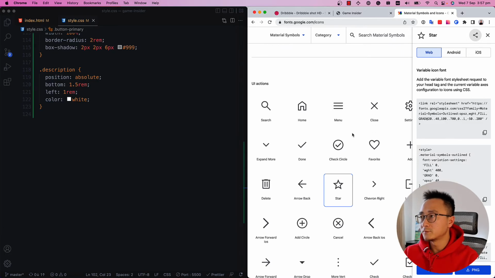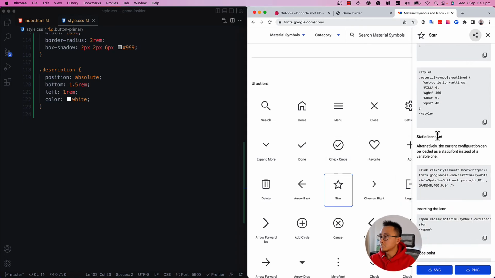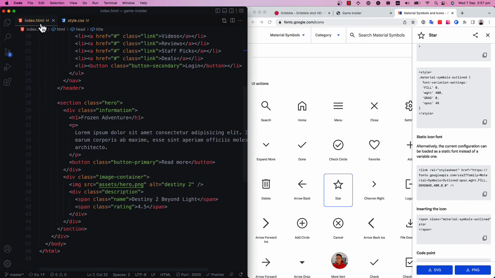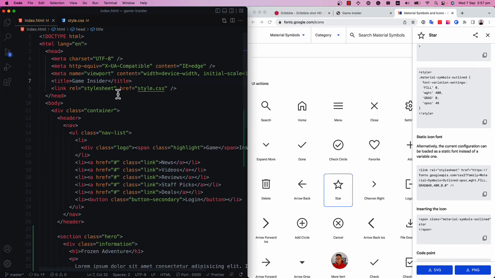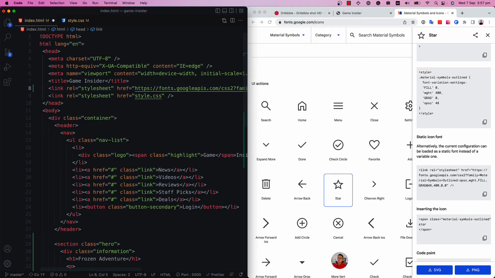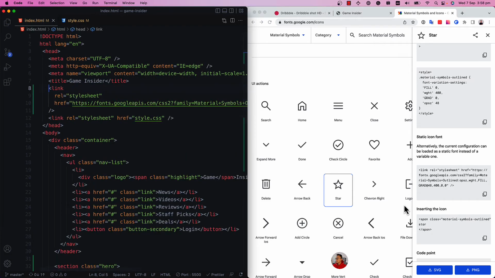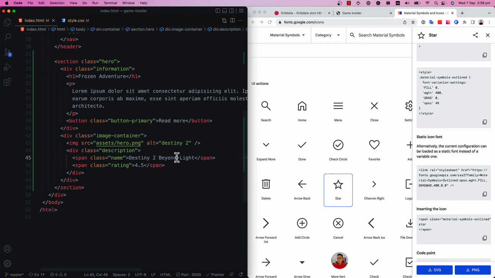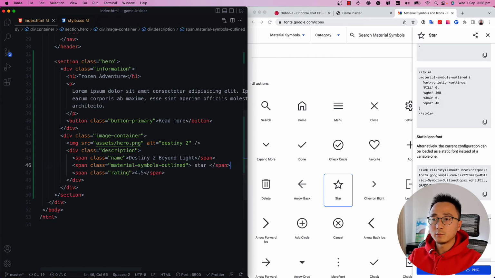The way we integrate or use this font icon is you can use a variable icon font, or you can use a static one. So let's try this static icon font. Basically you copy this link just as you put a link in your CSS, but the only difference is it's pointing to an external link, which is fine. And we will copy the code for that icon. So let's do that and put it in between these two spans, right? So now we have a star